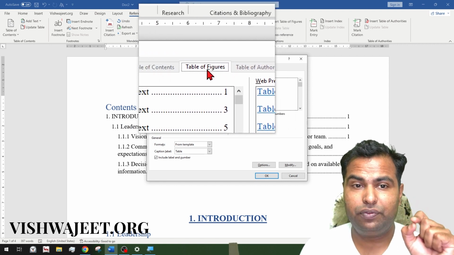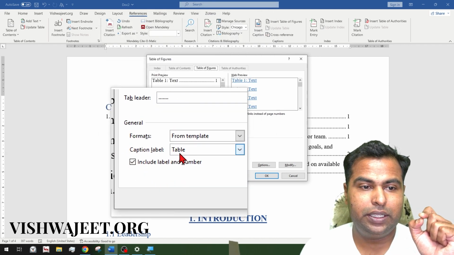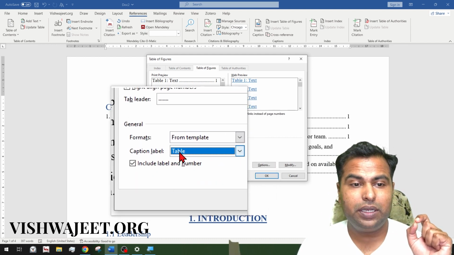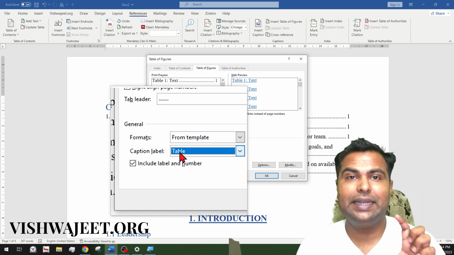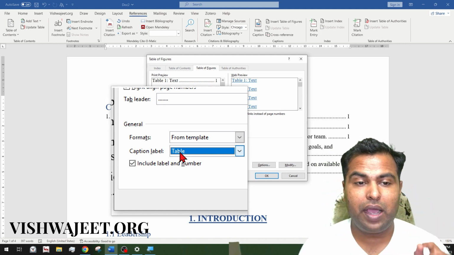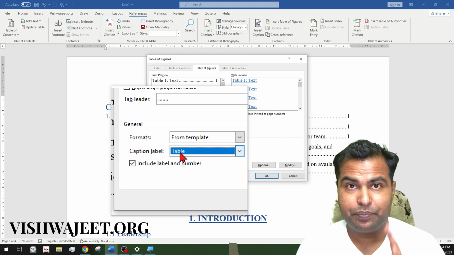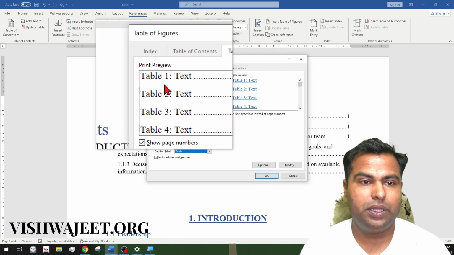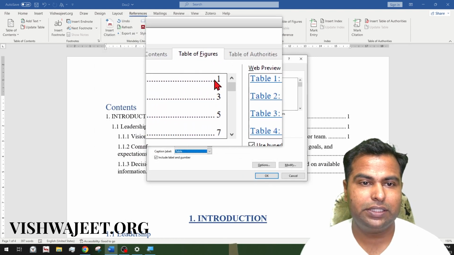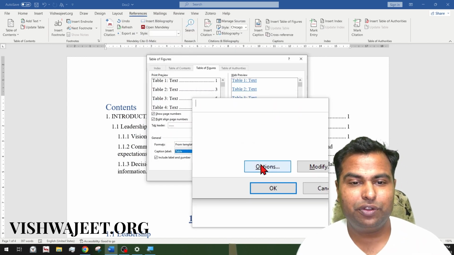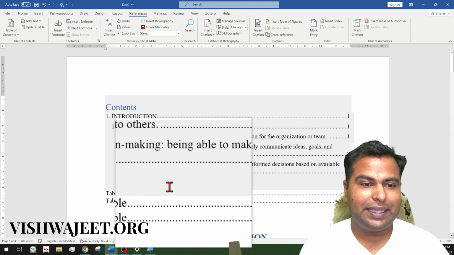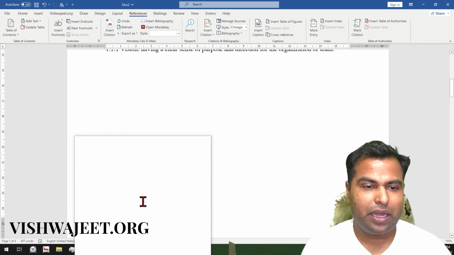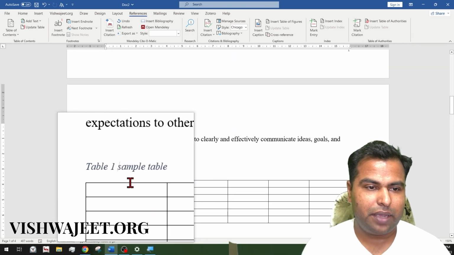So we need to select table of figures, and here we need to select a caption label table. Whichever label you are mentioning over here, only that list is being shown. So now I have selected caption label table. So list of tables will be published here, and what will be the formatting like this, you will get all the details with the page number automatically. So that is the beauty of MS Word. By clicking the same thing, you will get table, sample table, table, sample table 2, and now I need to change the caption name here,